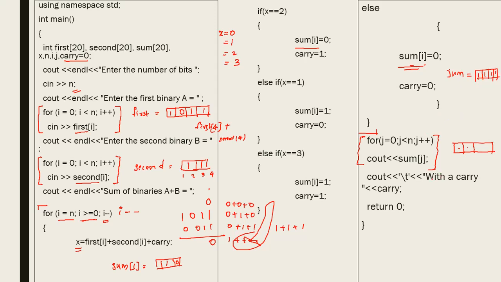Now we have to get an output from it. So to get an output from it, we use a for loop, so that during the first iteration the number we will get is the first number stored here, that is 1. Now the second number stored here, the third number, and the fourth number. Now see, we don't just have a sum, sometimes we will have a carry also. Therefore we will print out the value of the carry also, and the program ends here with a return 0.